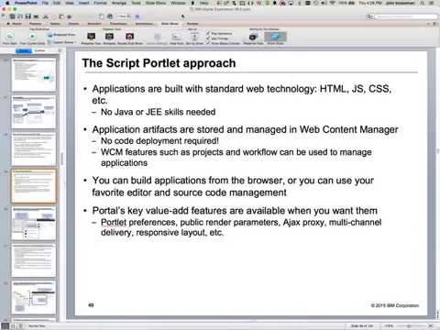Again, I already said this one, but basically no J2EE support, no Java, no portlet stuff is needed. We also have something called Ajax proxy, which allows us to access backend systems so you don't have the cross-origin issue in case the service is not CORS enabled. So a lot of things are CORS enabled, but where they're not, and you need to access it, then you